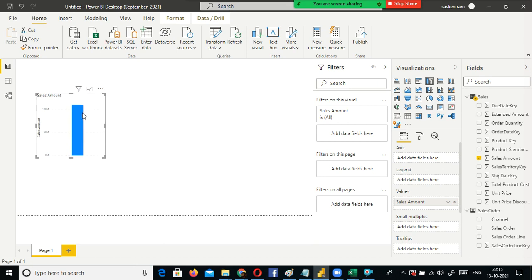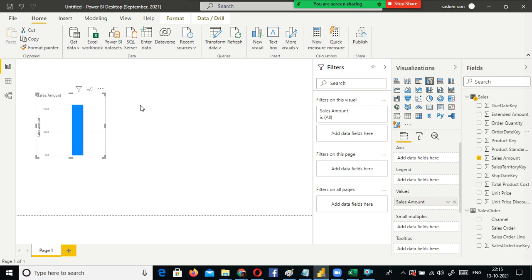Here what I am going to do is, we don't have a date column here; order date key and due date key are there, but a key will not be helpful. I need to create a calendar, a date dimension. Once you create the date dimension and put it here, date wise, month wise, you can create a hierarchy also, so that you can do drill down and drill up.